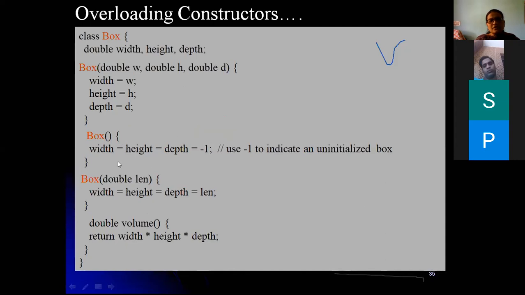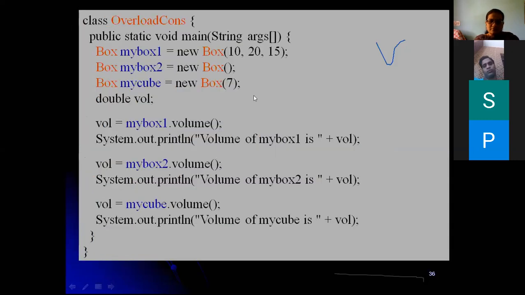In the default constructor you can see that we are assigning -1. When the object is created, all three variables get assigned -1. And here is one more parameterized constructor with a parameter length, so all three variables get assigned a single value. And we have another function, double volume, which returns the volume result.